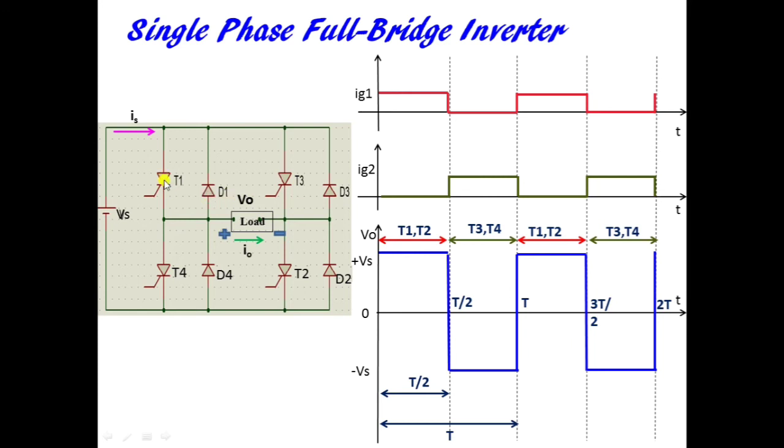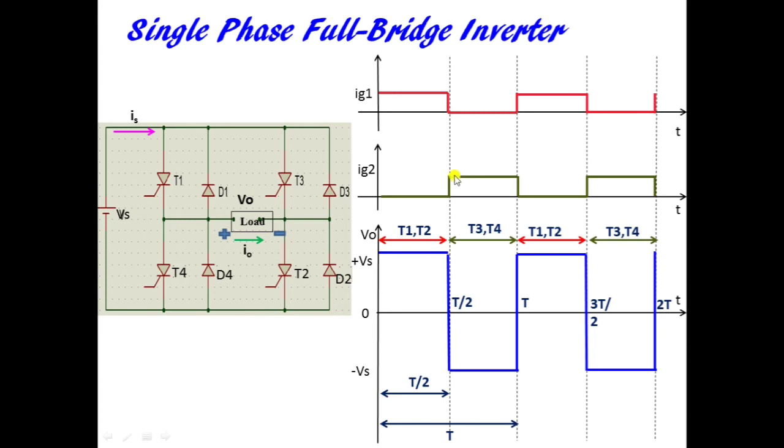We have first this trigger pulse given for thyristors T1 and T2. So thyristor T1 and thyristor T2 will be turned on. This is the current flowing like this from T1 through load and T2, and it completes its path. Okay, so during this time period the output voltage is plus Vs, that is, positive voltage is coming here. So output voltage V0 has polarity positive-negative. This is the direction of load current. So you have V0 equal to plus Vs, which is shown here.